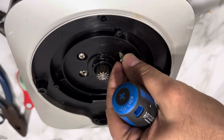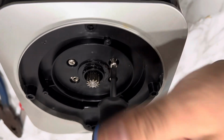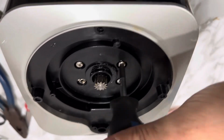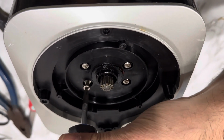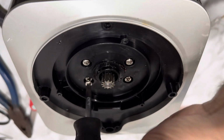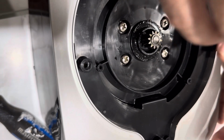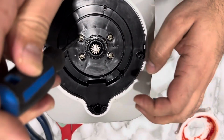This is all plastic, so make sure you don't use the screwdriver, impact driver. It will rip all the plastic and break your assembly. So make sure it's hand tight, not impact driver tight, because it's going to put extra force and you'll end up breaking your assembly. Again, to use the longer, so